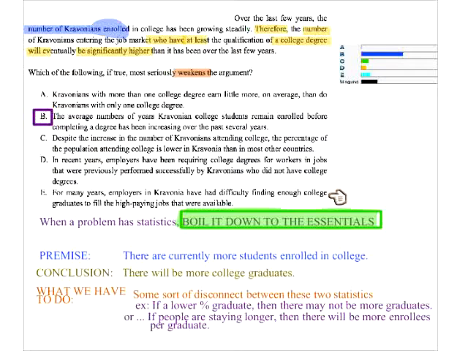So stay on topic. When we say boil down to the essentials, this accomplishes two things. The first thing that it does is it simplifies what you have to deal with. So simplify the material, but also stay on point. I mean, yes, you have to have an answer that is outside the original scope, but it also has to deal with the relatively narrow range of topics that are actually in there.